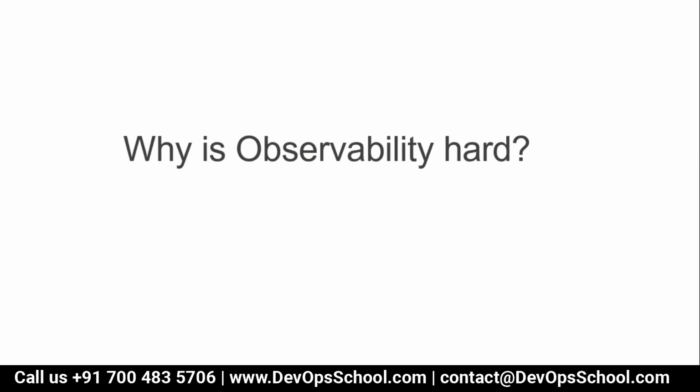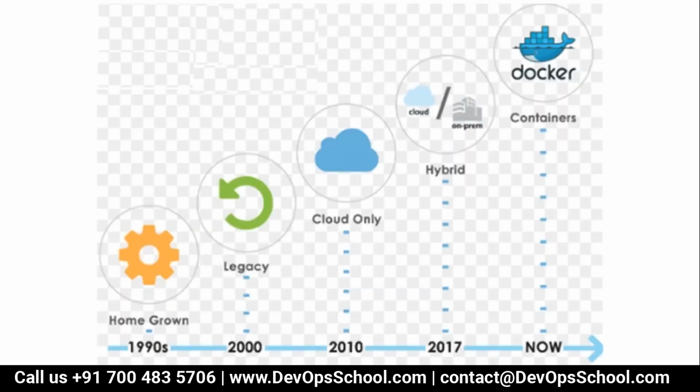So we have tried to understand some of the building blocks of setting up observability, but why is observability very hard to set up? Over the period of time, look at how we have evolved. Earlier we were using legacy desktops, then we migrated to virtual machines, and now we have migrated to containers. Earlier we were okay with 5-6 desktops, 100 virtual machines, but now we are talking about thousands and thousands of containers. I repeat, thousands of containers.